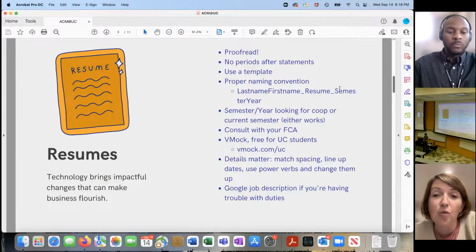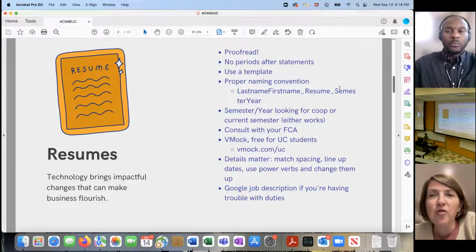In fact, when you're ready for co-op, it makes our jobs a little bit easier. So just real things that I've noticed. This is my first time going through this, but the details of your resume matter. Your spacing matters. Make sure everything is lined up on the left and on the right. Change up your power verbs.